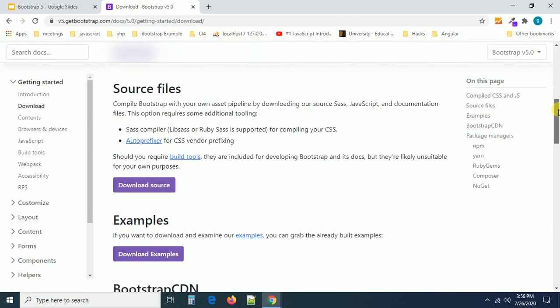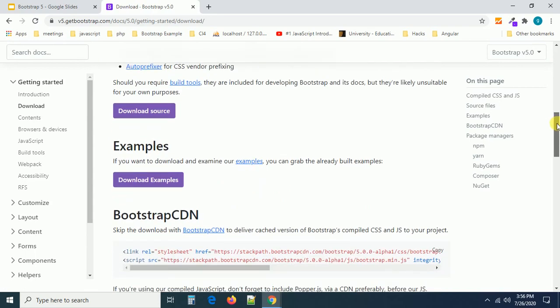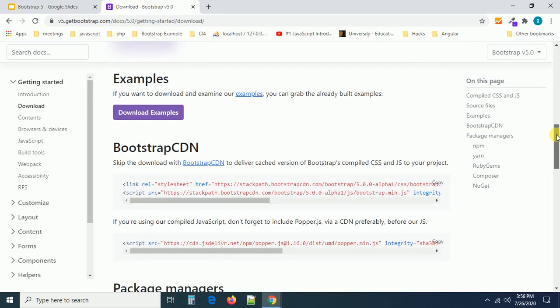We are planning to prepare a series on Bootstrap 5 very seriously, guys. So definitely we are going to release it once the stable version comes and we are ready to give a Bootstrap tutorial also. Now this is just an overview of Bootstrap 5, what they added and what they removed from Bootstrap.